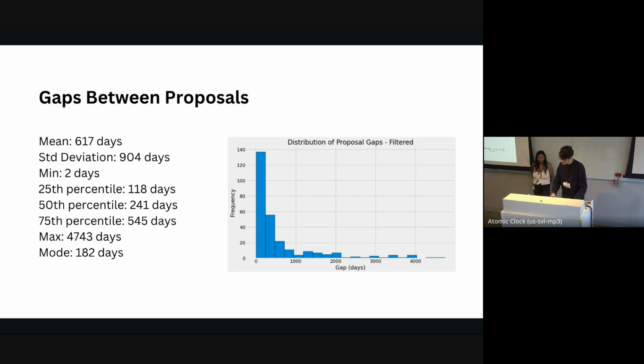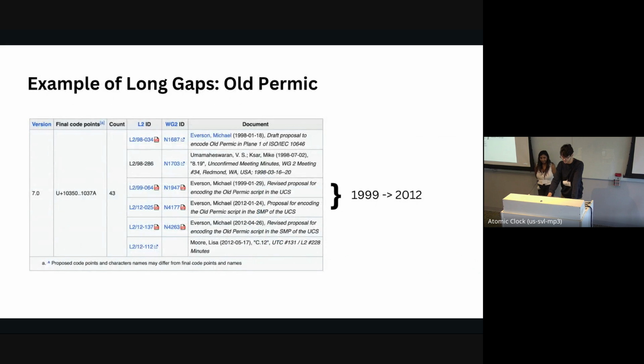Beyond that, you'll see the most common gap between proposals is about 6 months. The median is about 8 months between proposals. However, there is a top 25% of exceptional cases where it takes over 1.5 years between proposals. And this is between one proposal and the proposal that comes right after it. And in just a few, a whole decade actually passes between proposals. We'll see right here at the very tail end, there was one that had 4,743 days between 2 proposals.